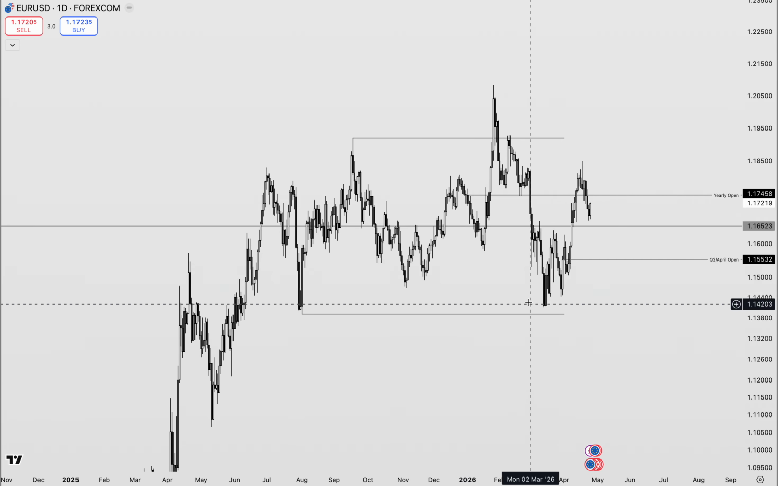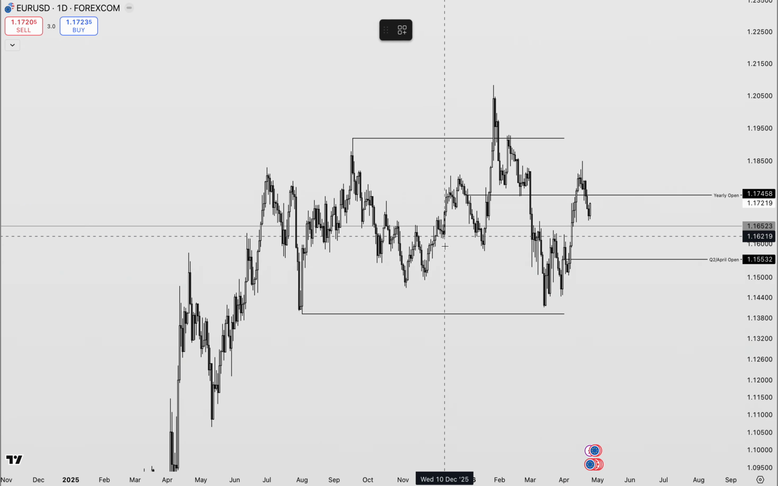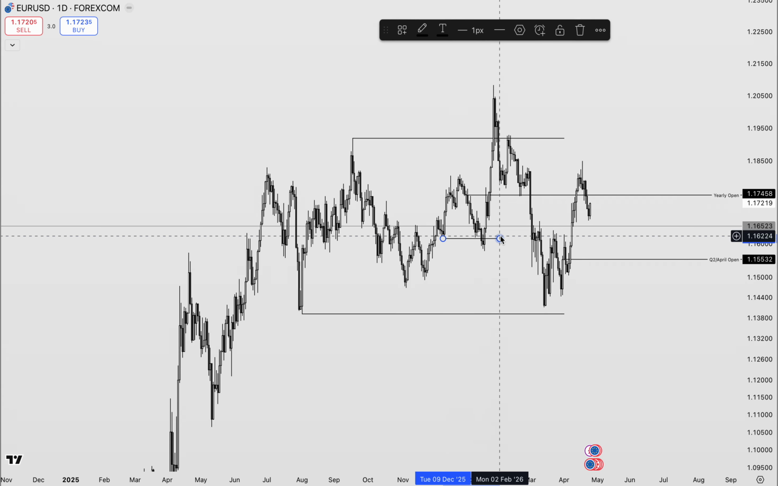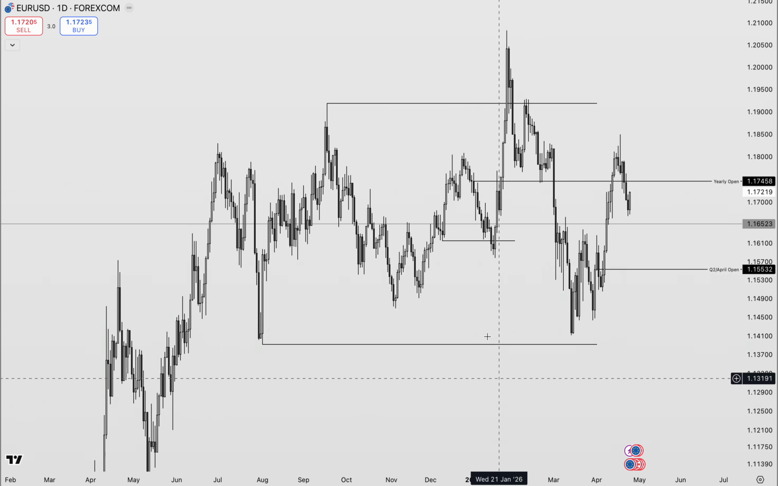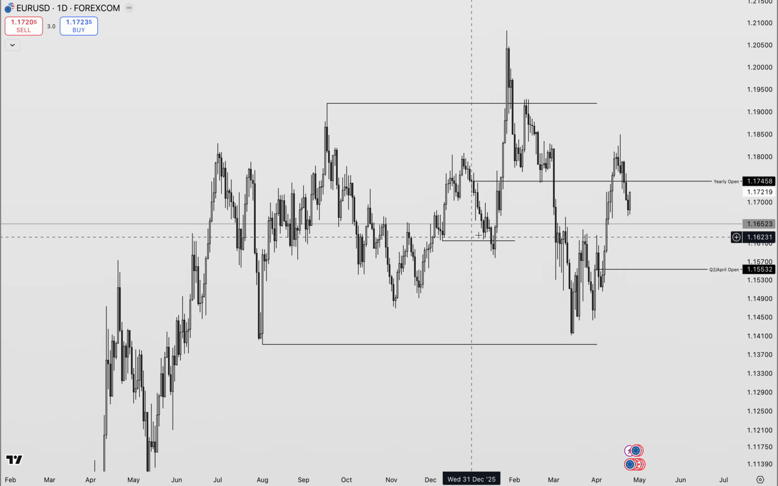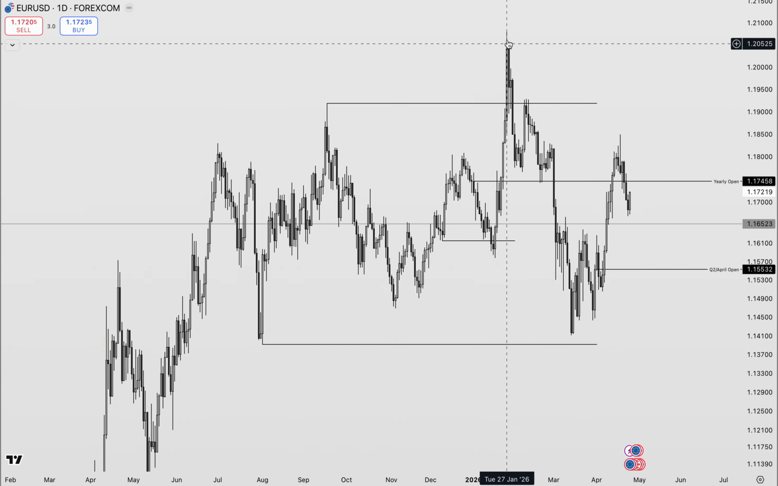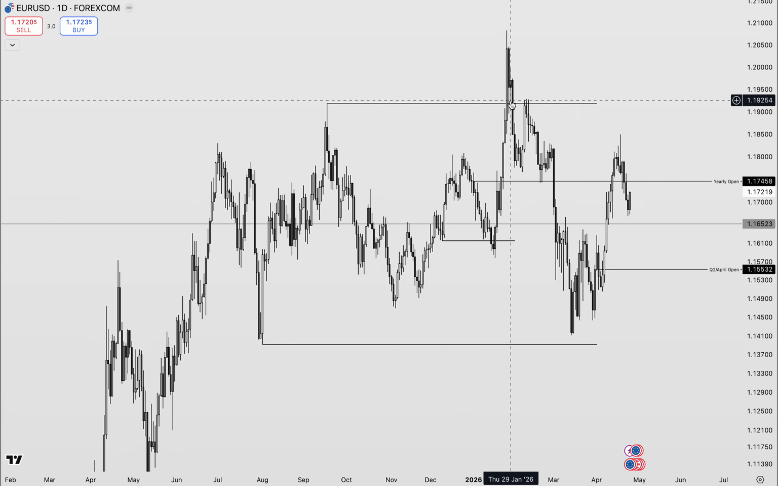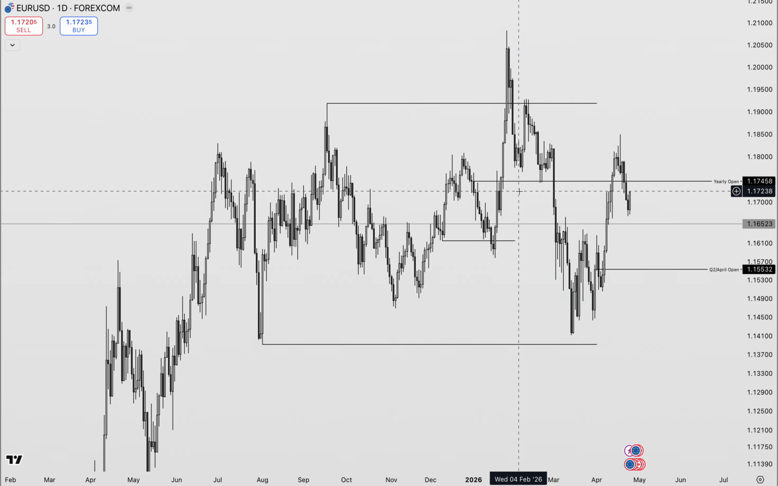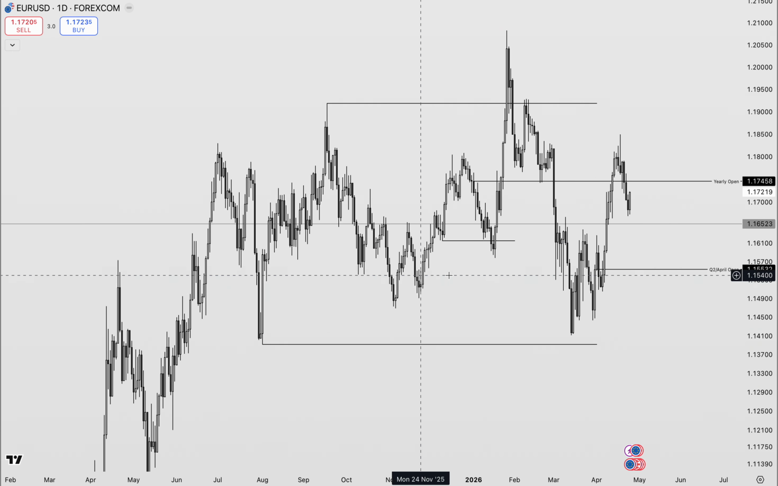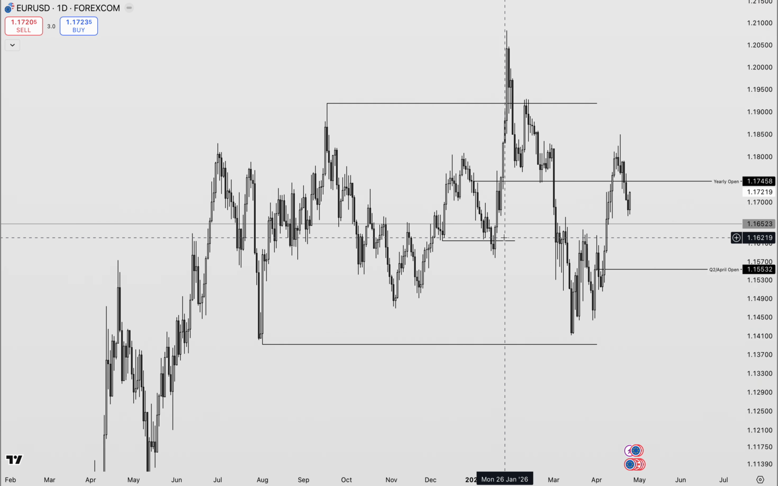Okay? Last step, we want to say turtle soup from the 50% to take us to the range high. And we get that right here. Soup, right near the 50%. Expand very, very fast to the range high. And this move usually is a quick move because the reason why they make it a fast move is because